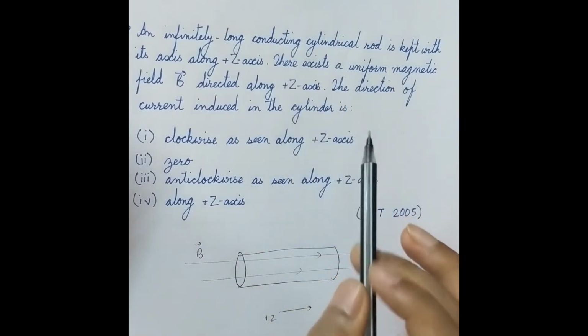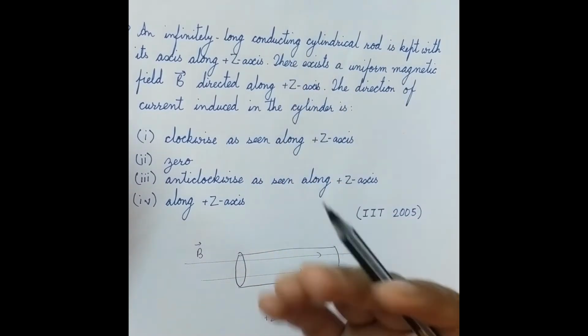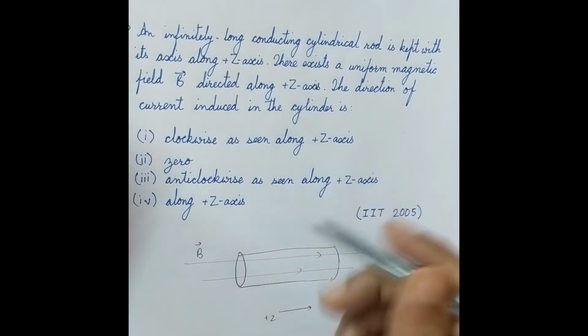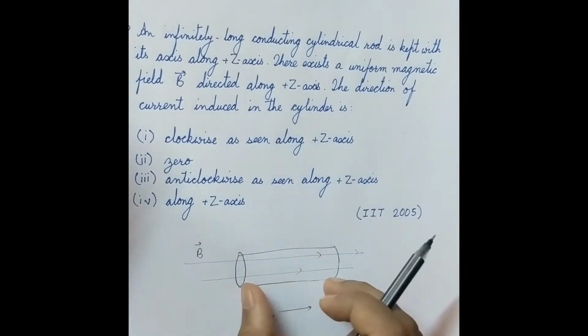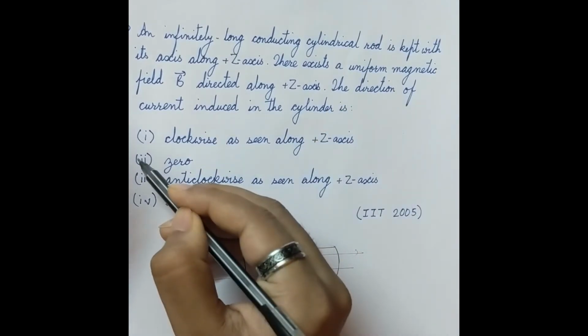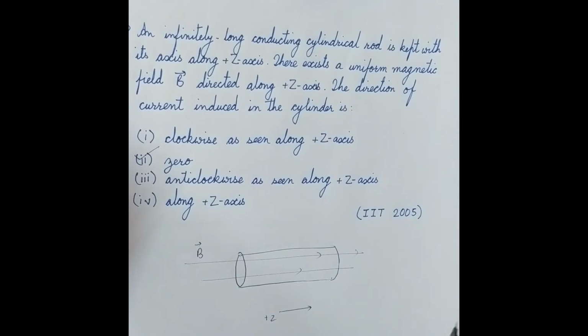There is no motion, and as you know, without a motion you cannot have a magnetic force, you cannot have any current induced. There has to be either a change of magnetic field or a motion of the conductor. Since there is neither in this case, the option is obviously going to be 0. If it is given with a perpendicular, then you will have to do it with Lenz's law, or you can do it with the Hall effect formula where the electrons move to one side or the other.